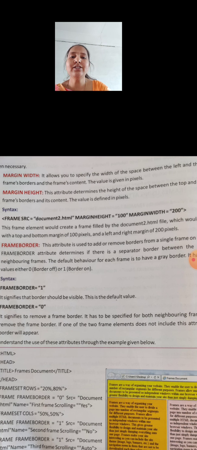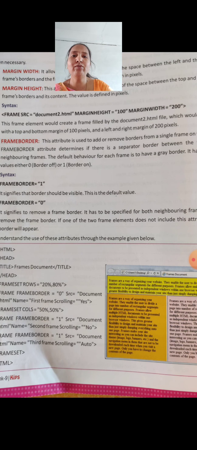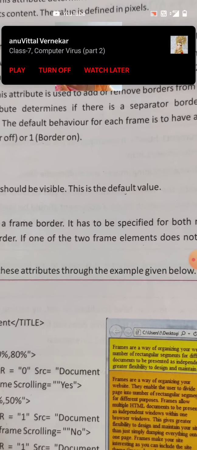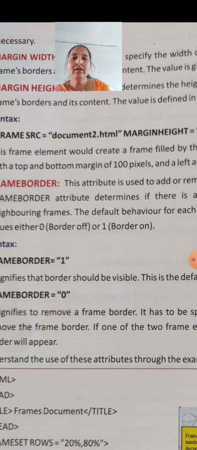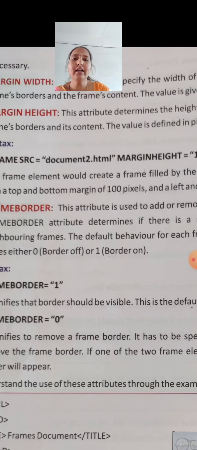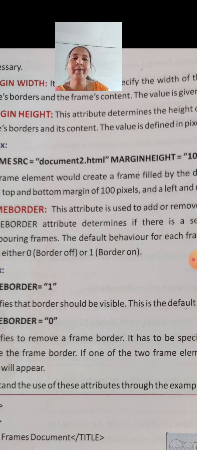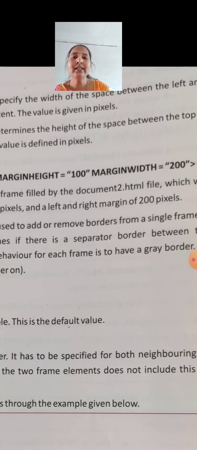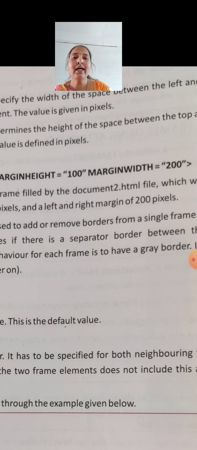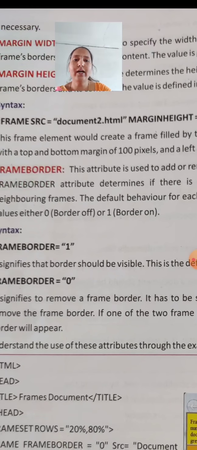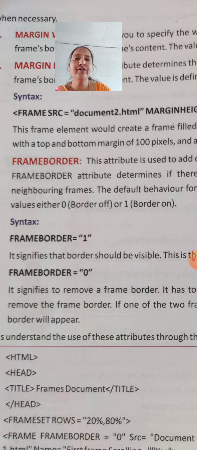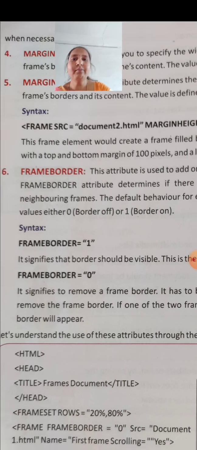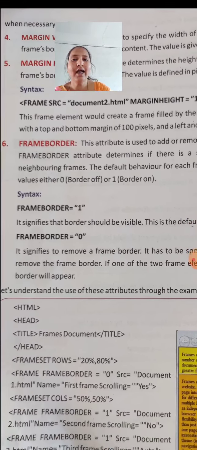For the syntax, first we give frame source, here document2.html, that is the file name. Then margin height they have given 100 and margin width they have given 200. Likewise we give the syntax for margin width and margin height.